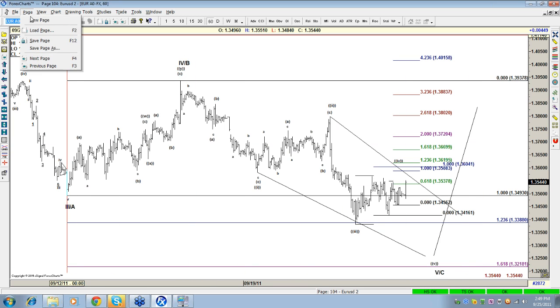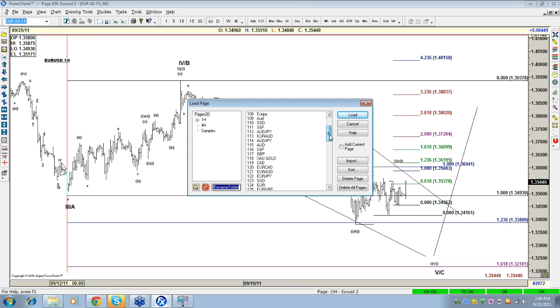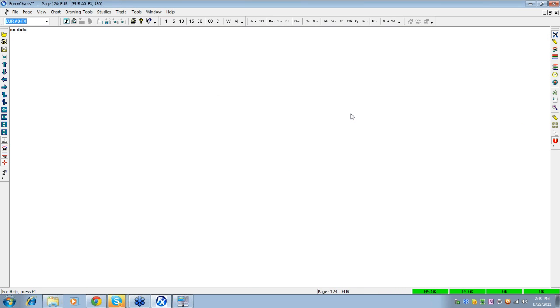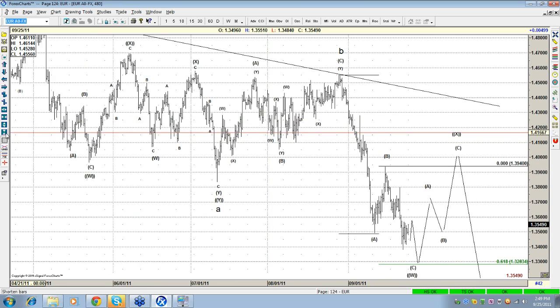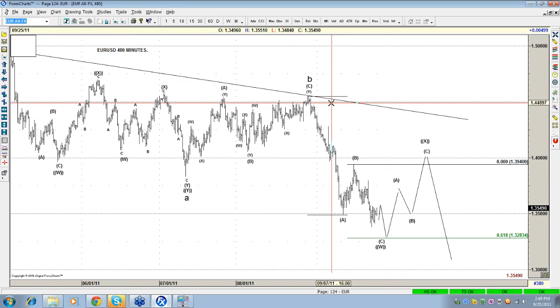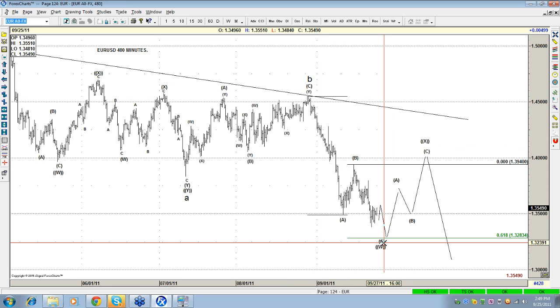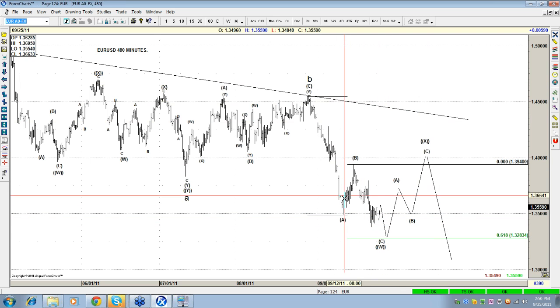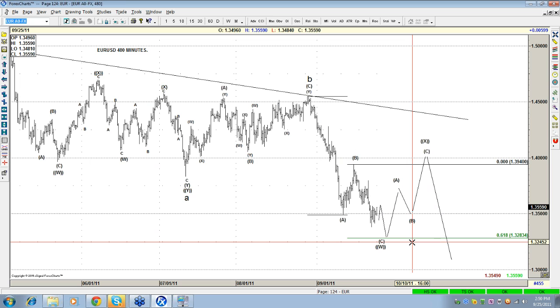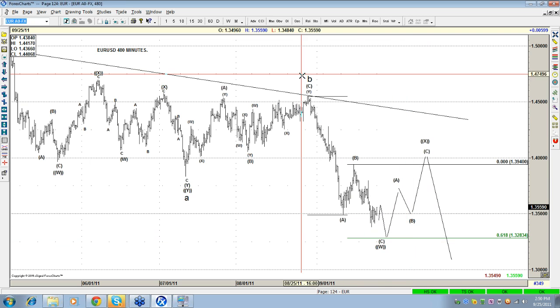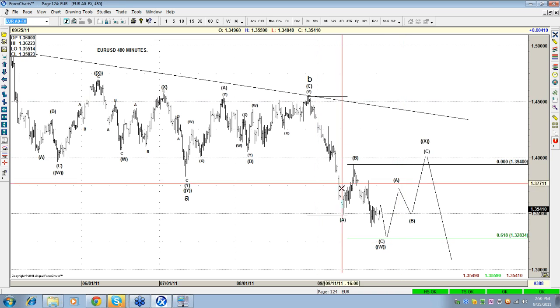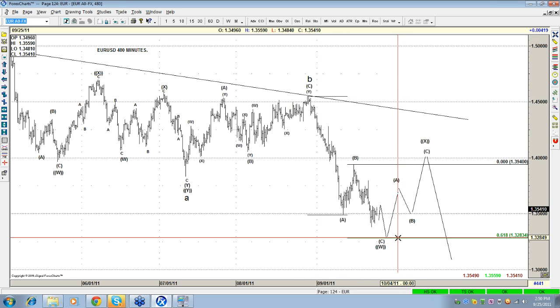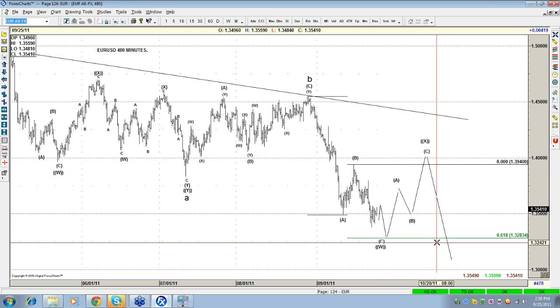I like, in the case of the euro, I'm mentioning this because at the end of the day, it's the same. If it's a five-wave swing, 618 of 1-3 comes at 32.83. That's why I like that area. Also, if it's an ABC, 618 of A comes there. No, because it's a leading diagonal.